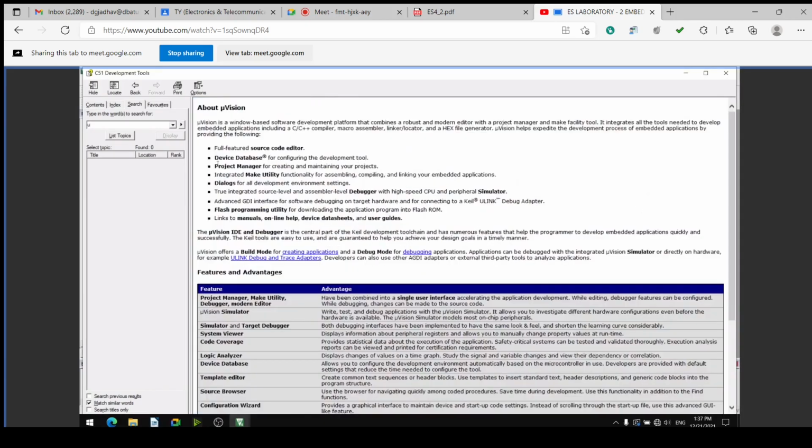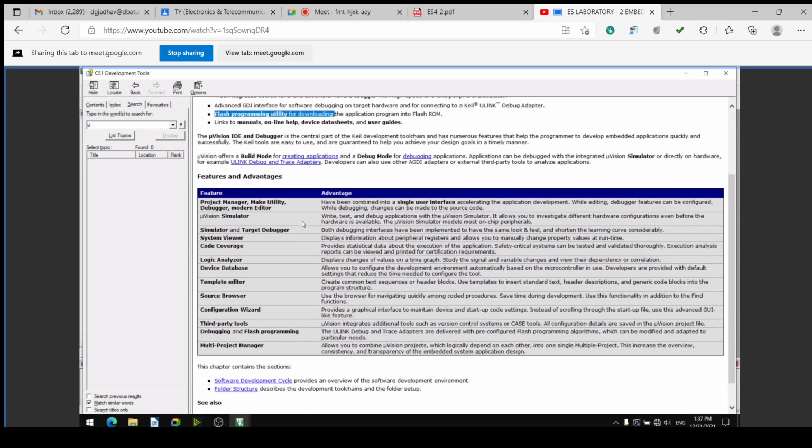So about Microvision, these are the details of Microvision. Source code editor is there, device database is there, project manager is there, utility is there, simulator and peripheral simulator are there, flash programming utilities are there. All the things and their features and advantages. Suppose project manager, make utility, debugger, and modern editors are there.